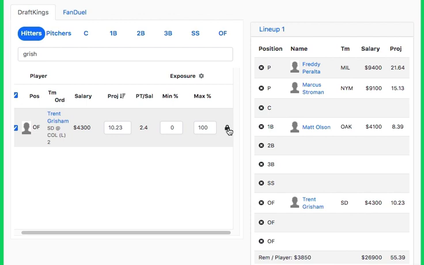He bats .300 on a regular basis. He's just a consistent production guy. He's got some power, and in Coors Field at only 4-3, he's solid value. Now, amazing value on this slate, I love